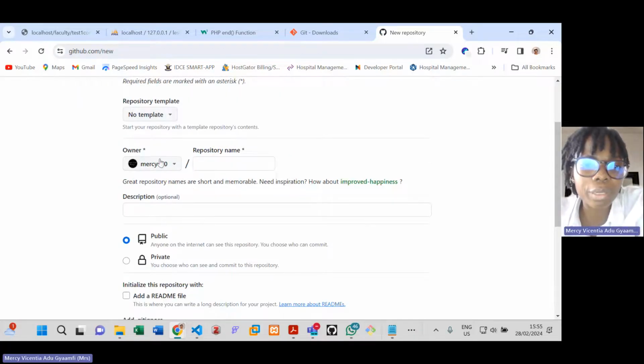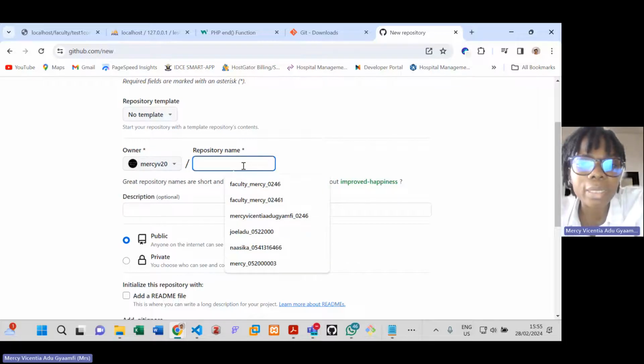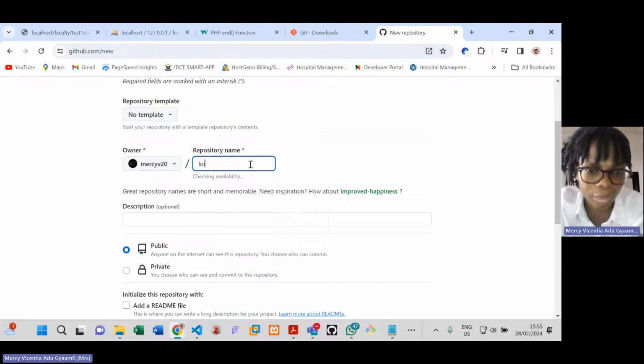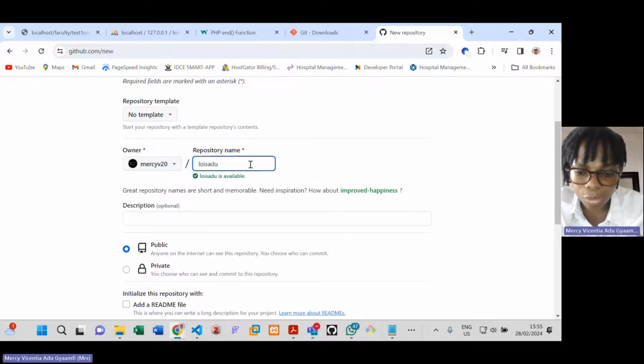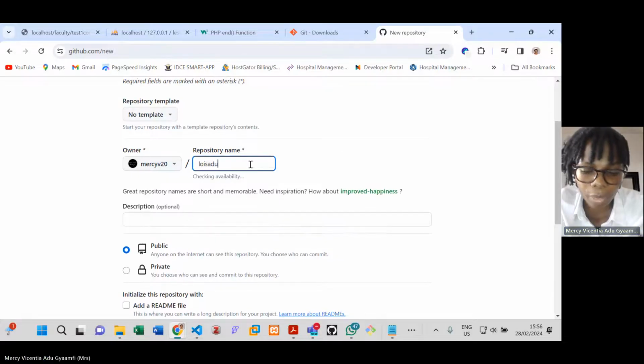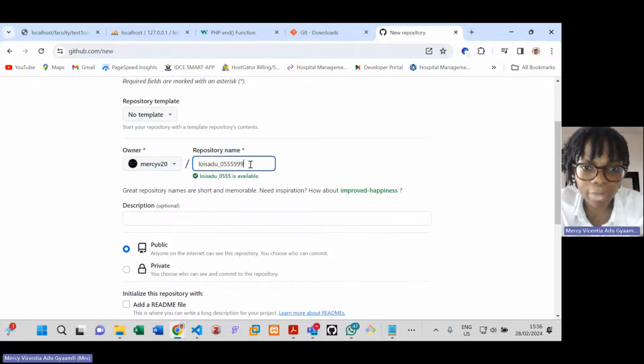Then you scroll down. You see Owner, the username of your GitHub, then you enter the name of your repository. For instance, I told you guys that you should name your project according to your full name, underscore, student number. So in case your name is Lois Edu, then you do Lois Edu underscore my student number. So if this is my student number,